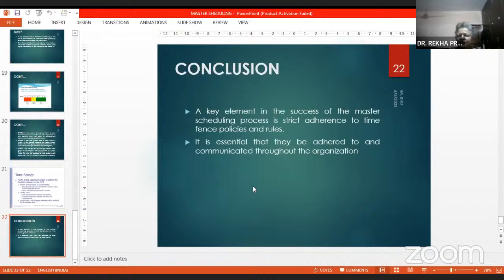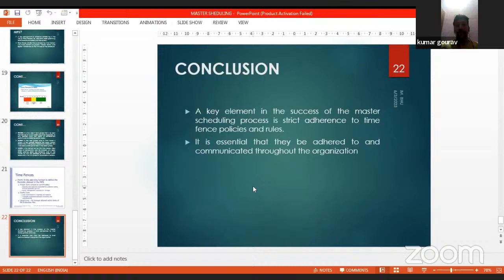But when it comes to the fixed phase, any product has to move through these three time fences, and you have to be very careful that it is reaching the customer at the right time, in the right quantity, and at the right place.